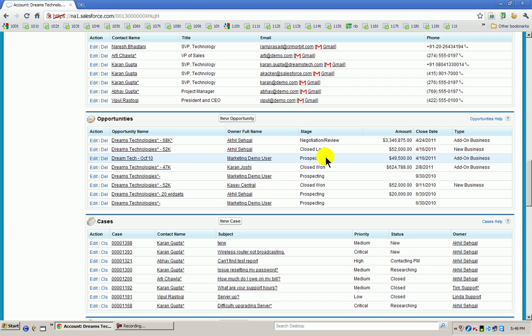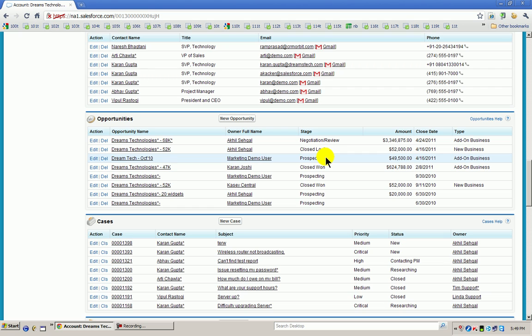For the month, I can get the cumulative sum of the closed ones for a particular sales guy. Supposing I want to know how much that sales guy has done, that is a report, and yes, it is 100% possible. Analytics is one of the USPs of Salesforce.